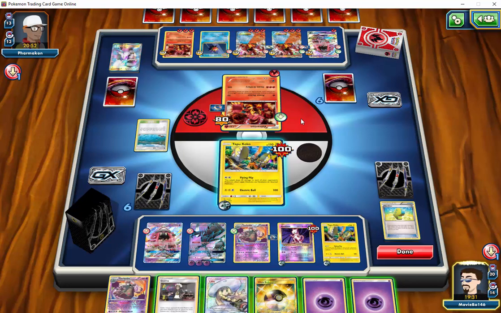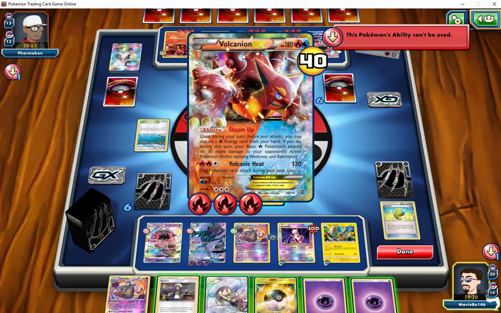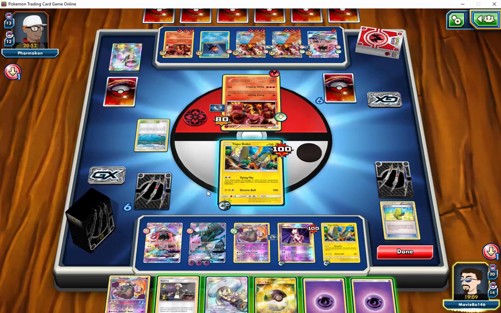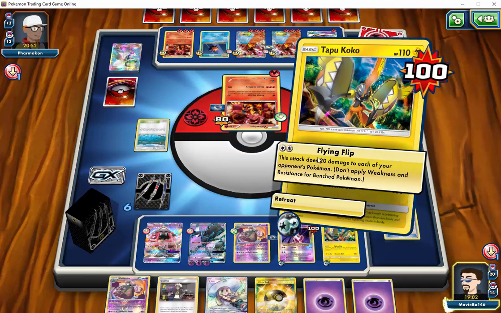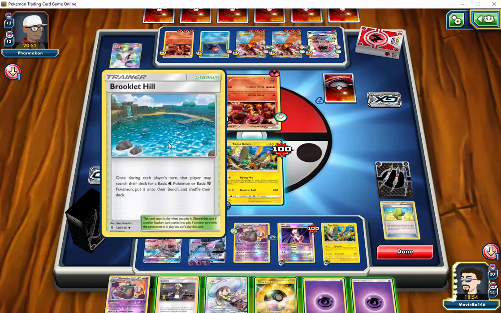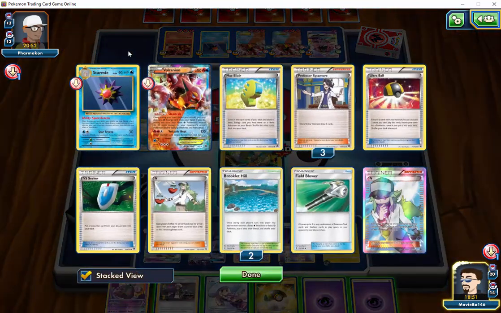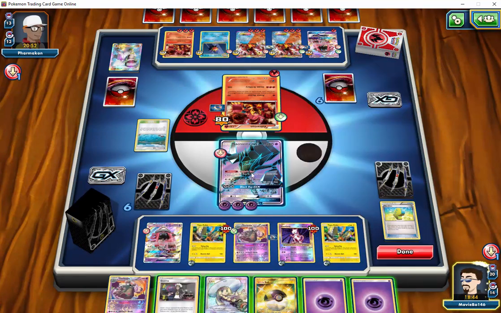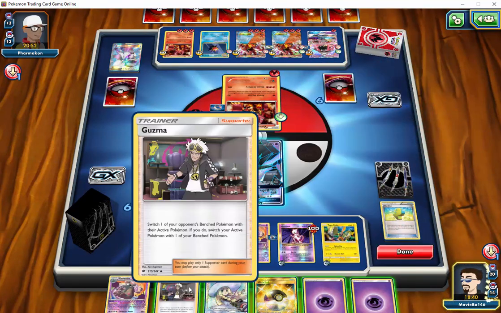What do we want to do with the energy in hand? I think we just hold it for right now. I guess I could attach to Lele, to potentially have Lele as a backup attacker. But otherwise, I think we just hold it. And here, I'm debating about pulling off the GX versus getting more spread in. Just because even if he's able to Guzma up Necrozma, he has to have Guzma, and he has to have Field Blower, and he has to have Fire Energy. And I feel like that combination is unlikely enough that we could have continued spreading, but